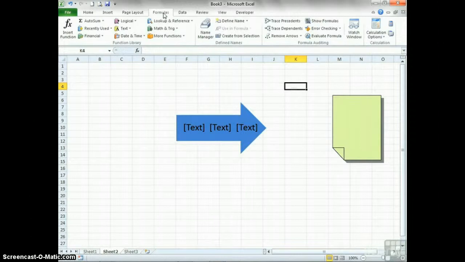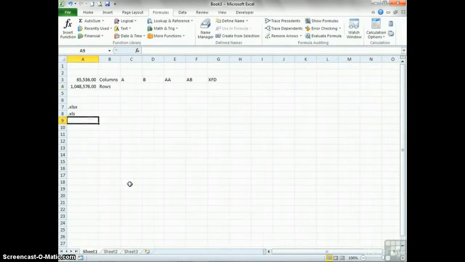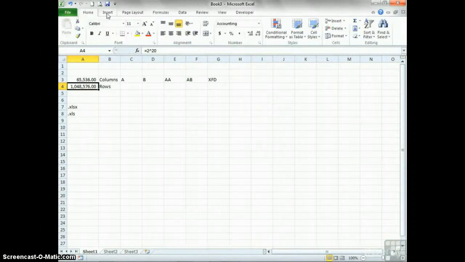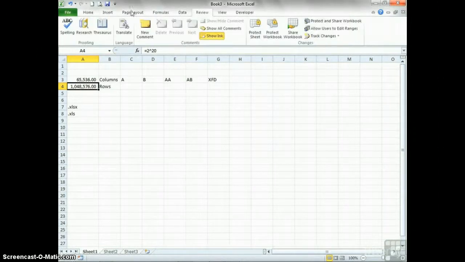So that's a quick overview of Excel. There's the number of columns, there's the number of rows. The number of sheets is by default 3 in a blank file, but you can have as many or as few as you want. There are ribbons at the top for accessing all the commands, and there's a quick access toolbar